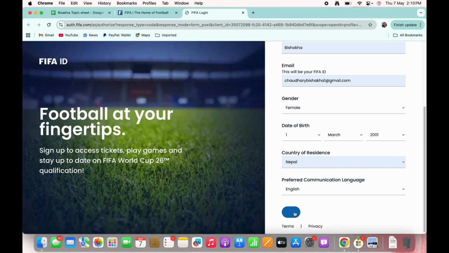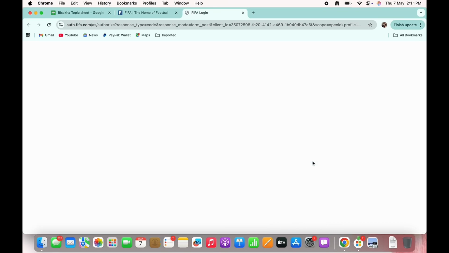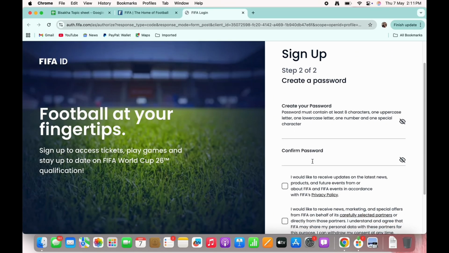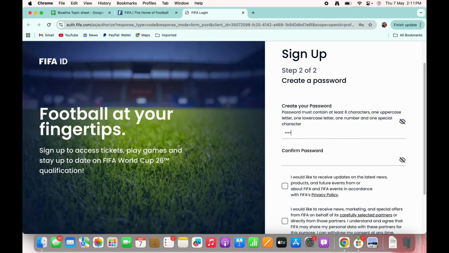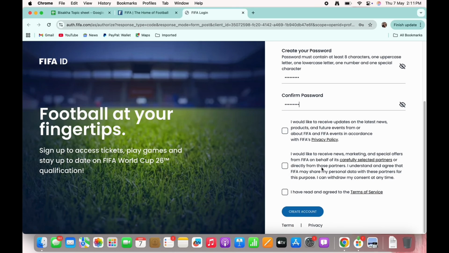Once entered, tap on the continue button, and in the next step, you will be required to enter or create a password. So go ahead and create a password and make sure to use a very strong password. Once done, tap on the check boxes in here if you want updates regarding FIFA. If not, simply tap on the I have read and agreed to the terms of service checkbox